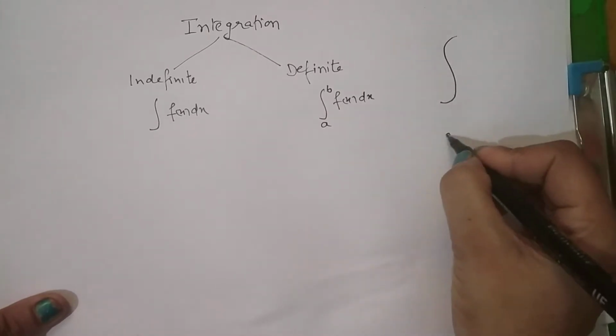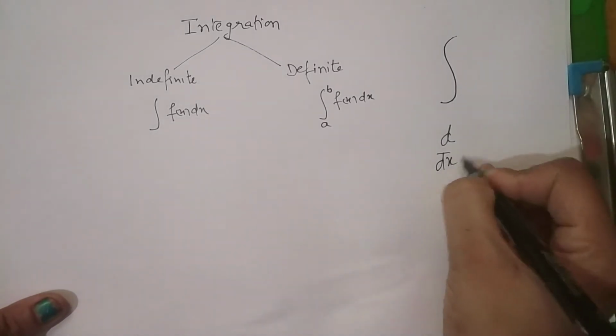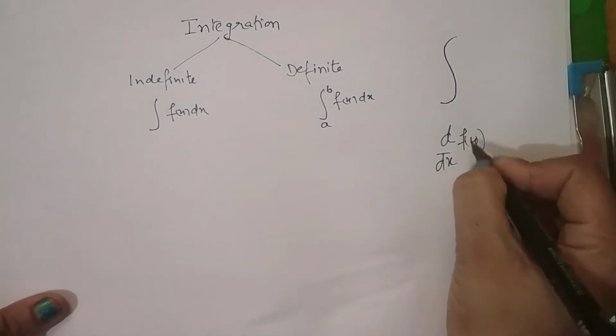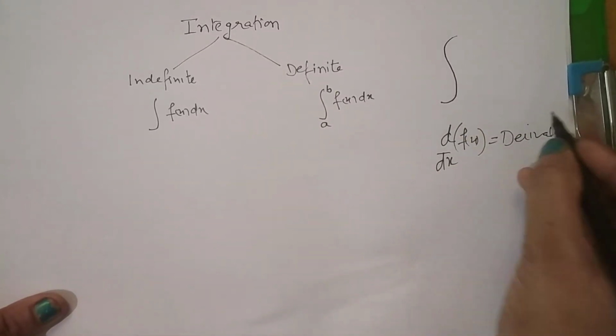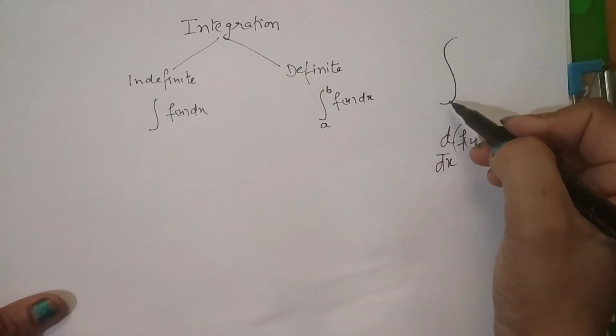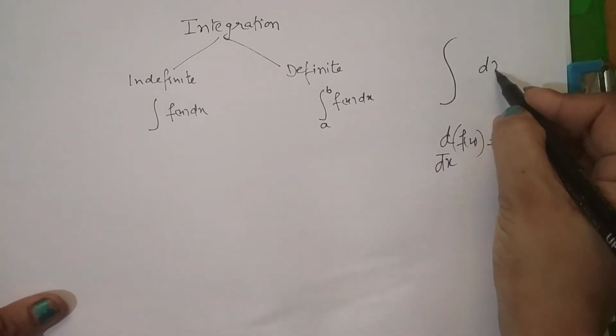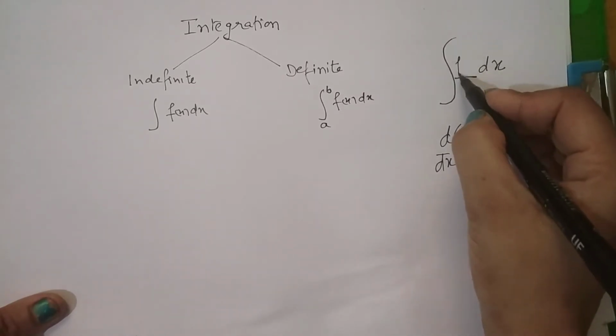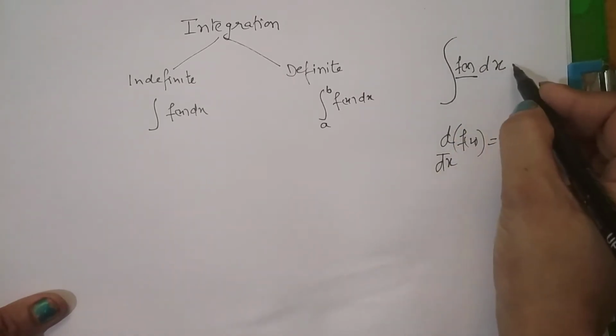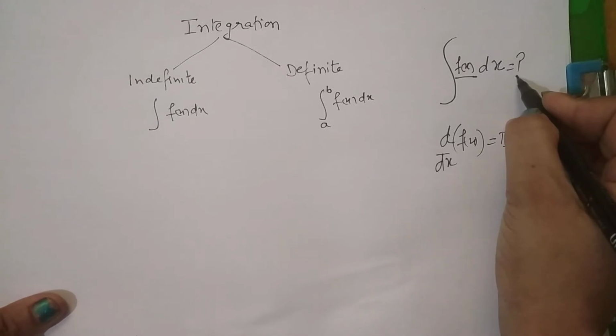Like we have the symbol of derivative d upon dx, whatever the function is, we apply d upon dx means you find the derivative here. So similarly for integration, this is the symbol of integral, and with respect to what we have to calculate it, let it be with the dx. So here we will write the function and we will integrate it and find the value.